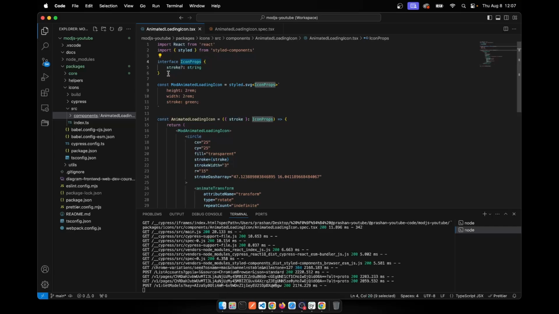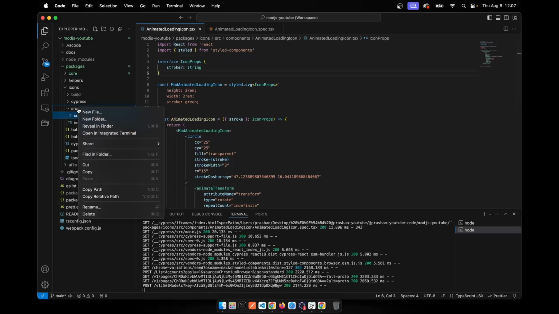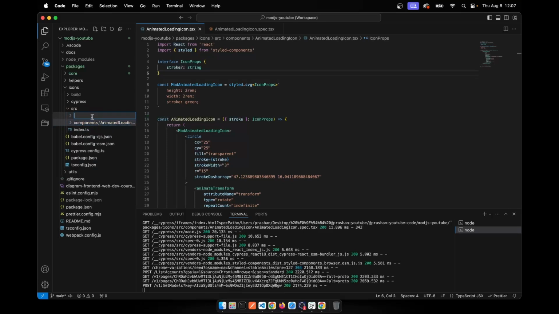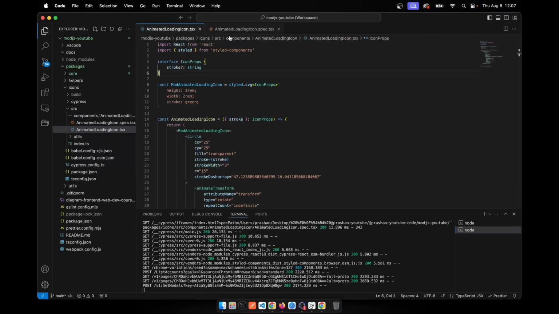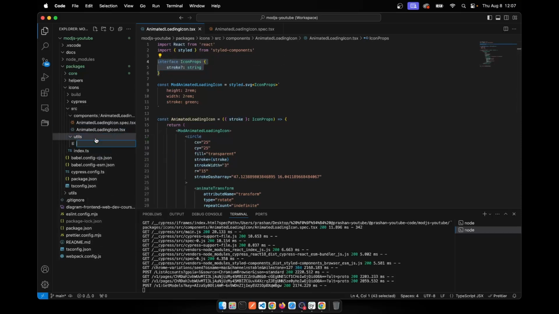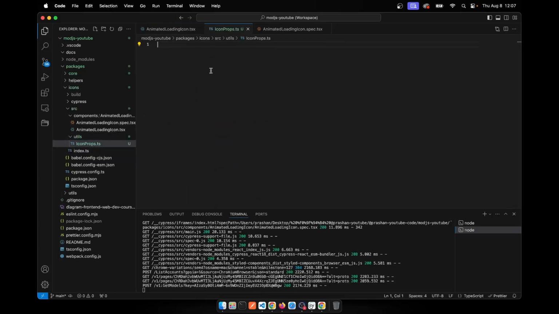So this icon props here, let's create a new folder in src called utils. Okay, and inside this utils folder we want to create a new file called icon props, because all the props for the icons, most of the icons will be the same. So instead of rewriting this every single time and repeating ourselves, we can just create a single file called iconProps.ts. And inside this iconProps.ts, we will just export some of the common types. Okay, export interface IconProps,